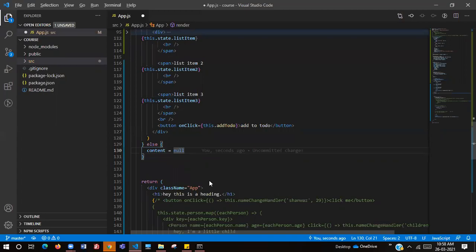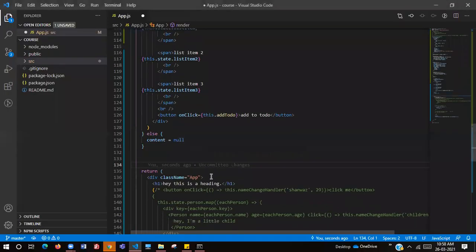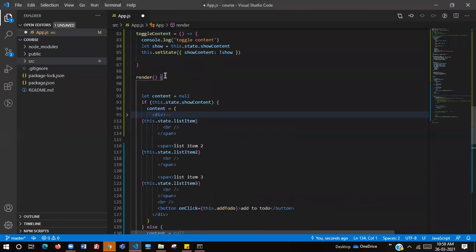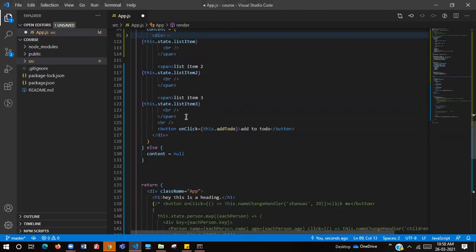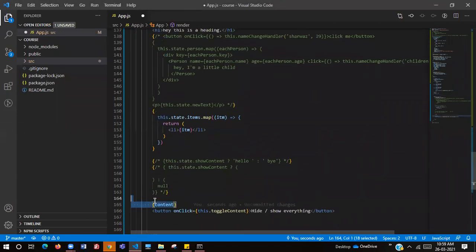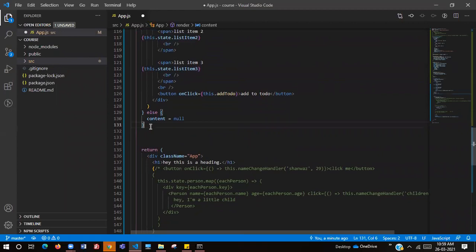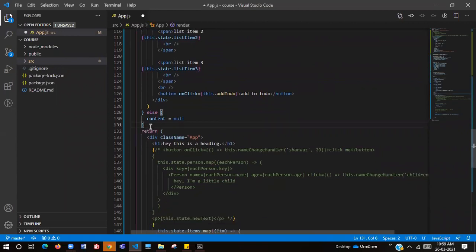Now how to hide and show everything. Soumya, this is one more way to do it. If we want, we can use the ternary operator. If not, we can use the code inside this render, after this render and before we are returning something. So now how are we rendering that content with these curly braces? This is nothing but pure JavaScript. So this is one more way to do it. Any doubts till now, guys? When do we use let and when do we use const?